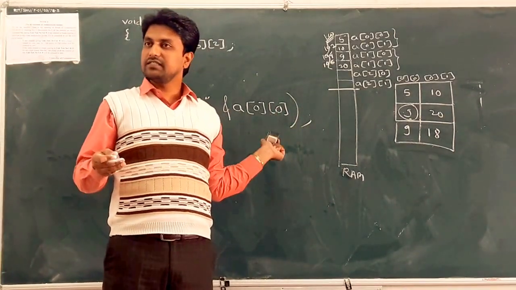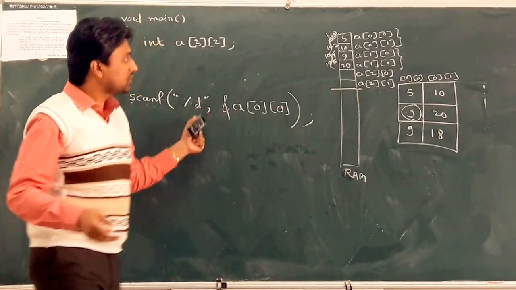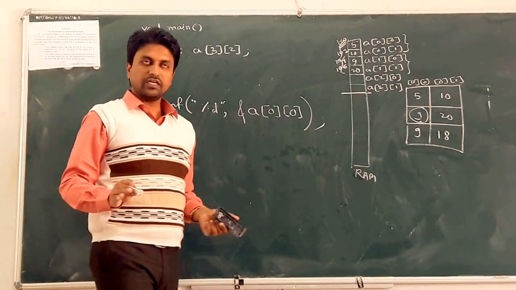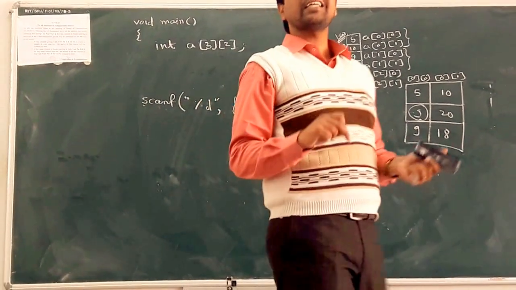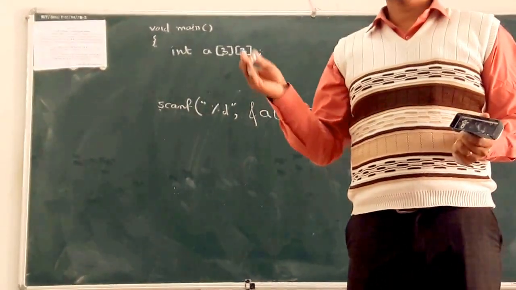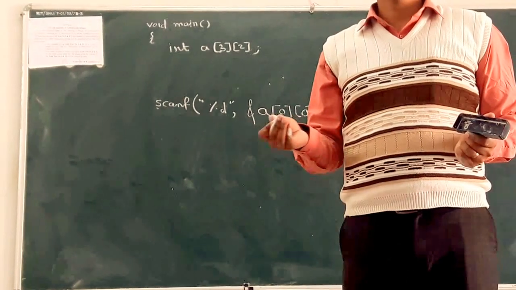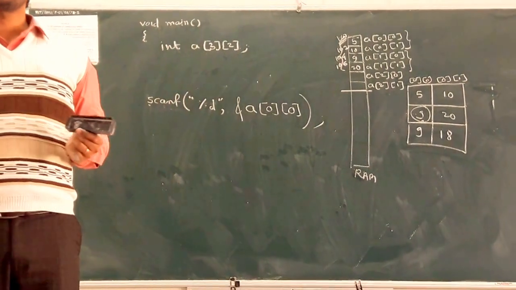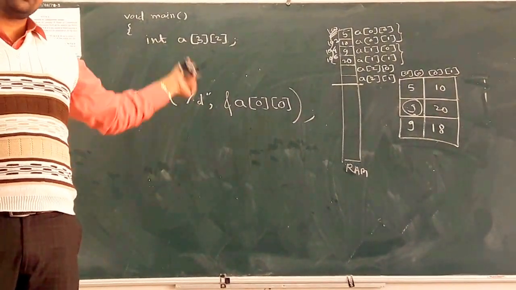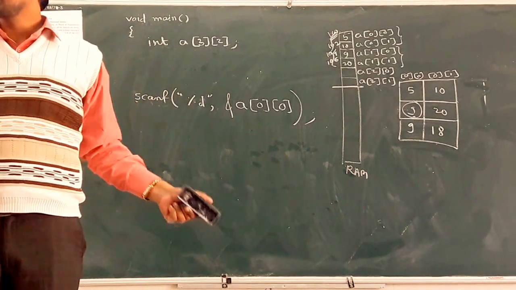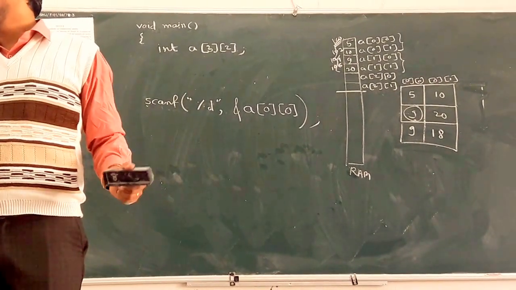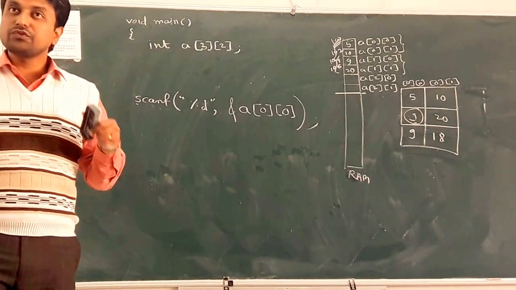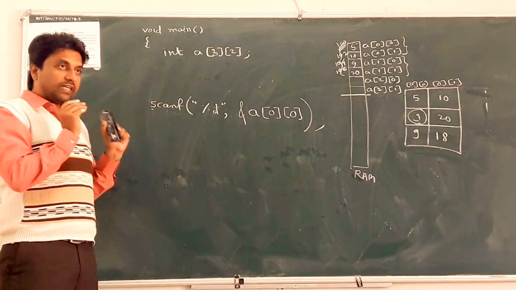But how many times can we write this statement? 6 times, address of A of 0 1 and like that. Okay, but if the array size is more, say a 100 by 100 array, then a total of 10,000 elements are there. At that time, is it useful to write 10,000 scanning statements for each element? No. For that, what do we use? Loops. Clear? So understand the exact meaning.